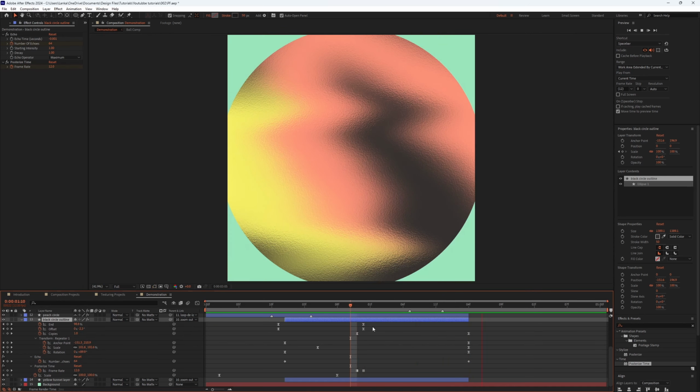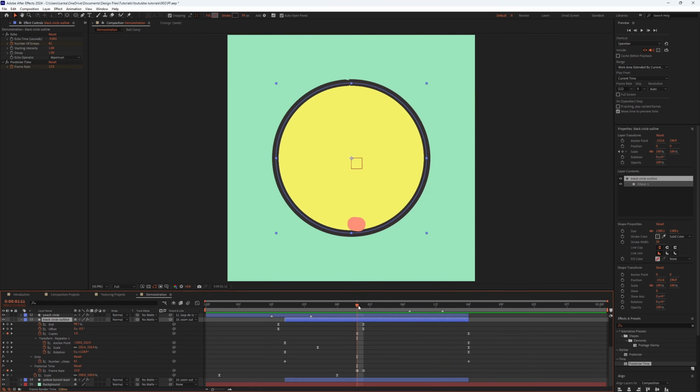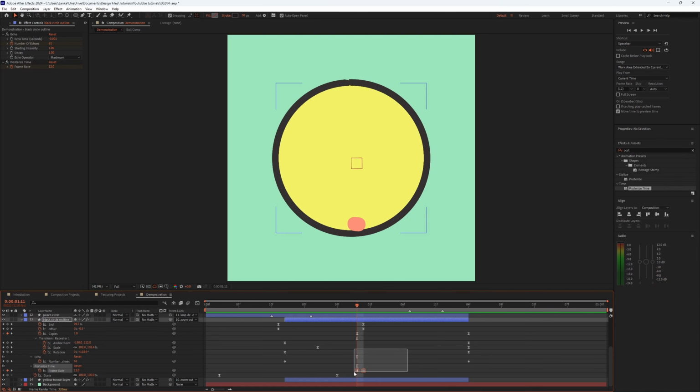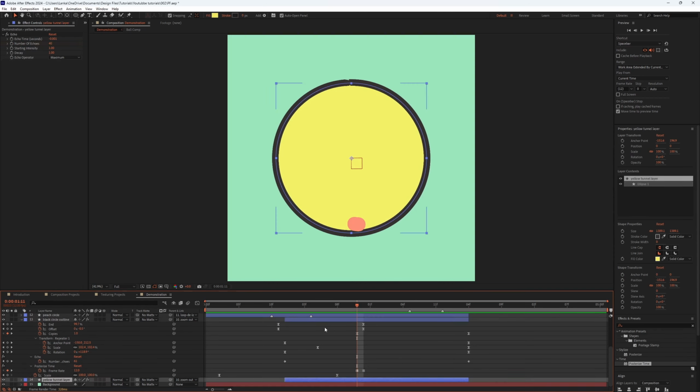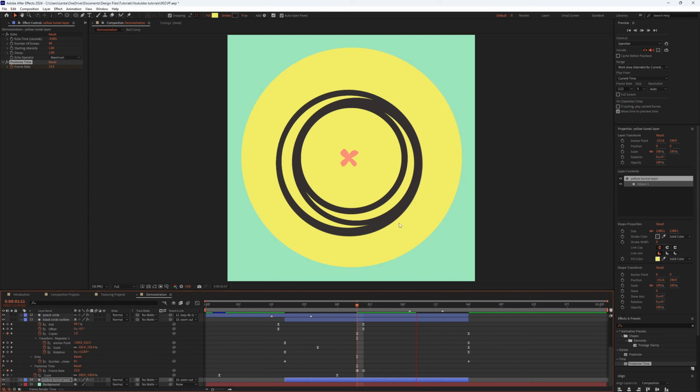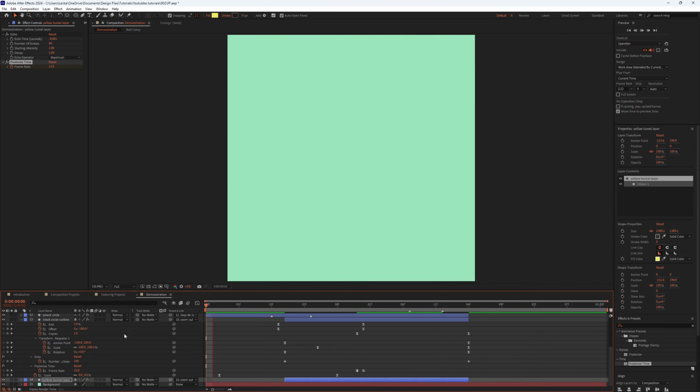I want it to be shaped like this, and I want the background to follow the same frame rate. So I'll just copy these 2 keyframes and paste it on the yellow layer so that they follow the same timing like this. So if I play this,